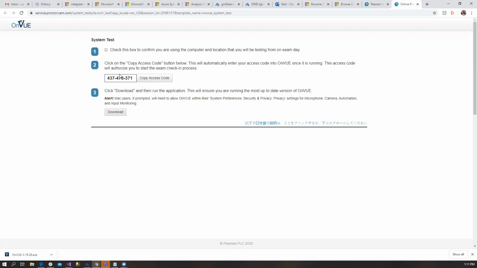Just another thing, once you take the pictures, you will need another picture of an ID. I usually use my passport because it's international and it's pretty safe to use, I think. And it's also going to ask you to take a picture of yourself, just to show that you are the person taking the exam. After you take all the pictures, you will not need your phone anymore. After the wizard ended,